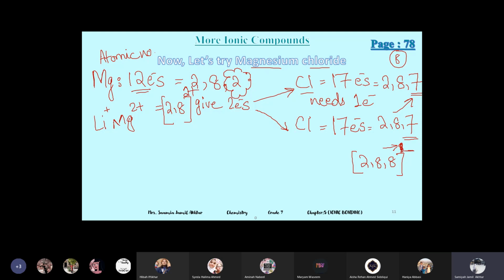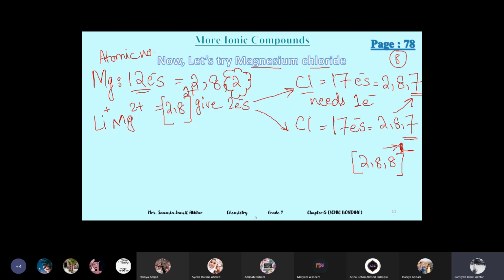For chlorine we will draw 2 chlorine atoms. So this is the preparation for the diagram. Before drawing the diagram, you have to do all of this so that you can work out how many electrons will be transferred. Without a little bit of rough work, you cannot draw the diagram.